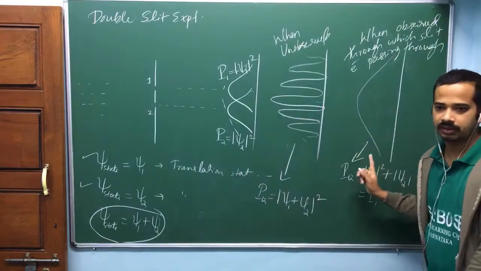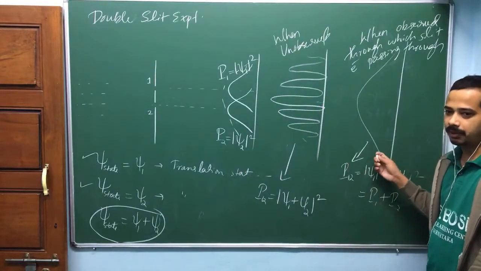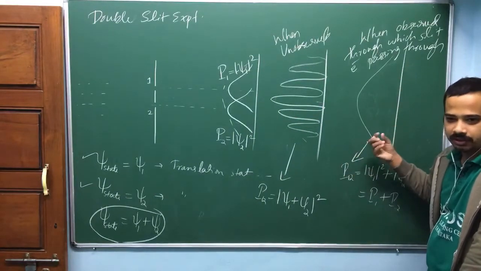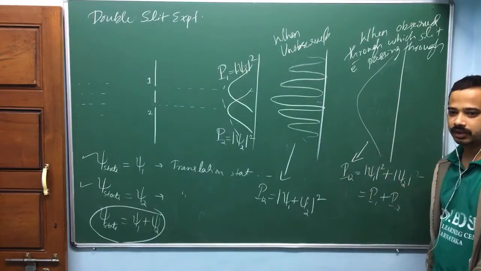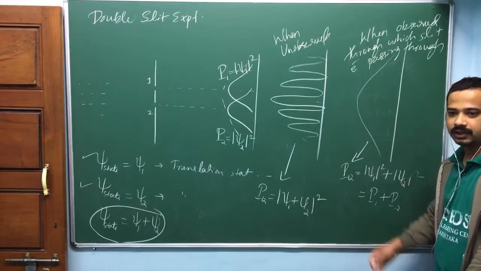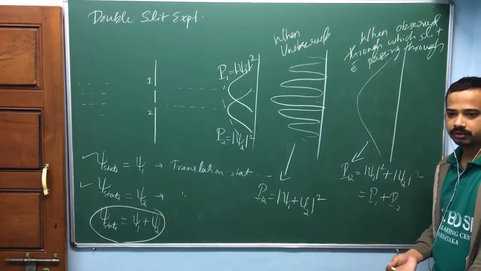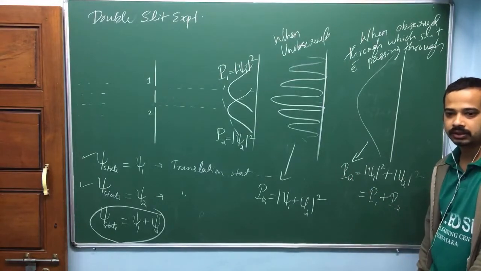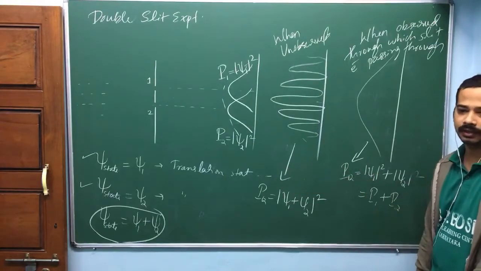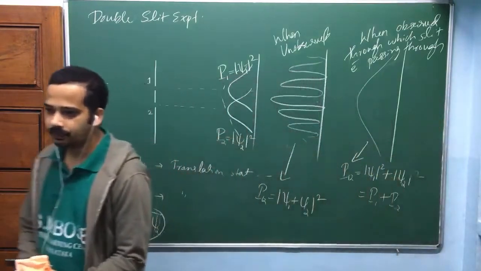This is a continuous pattern. In the case of the bullet, when the bullet is unobserved, you get a similar pattern, but it might have contained small fringe width, but those are too small to observe. That's why I told you not to go for that kind of idea, whether it is big or small, or whether it follows interference. We may not observe that. In the case of the bullet, the wave nature may be there, but we don't observe it.